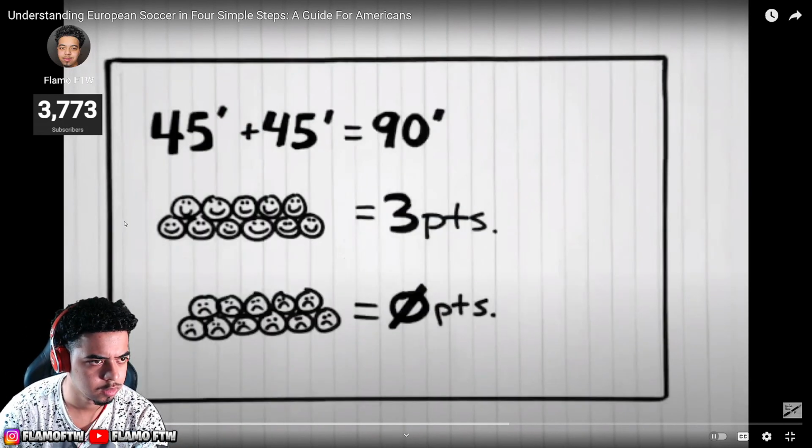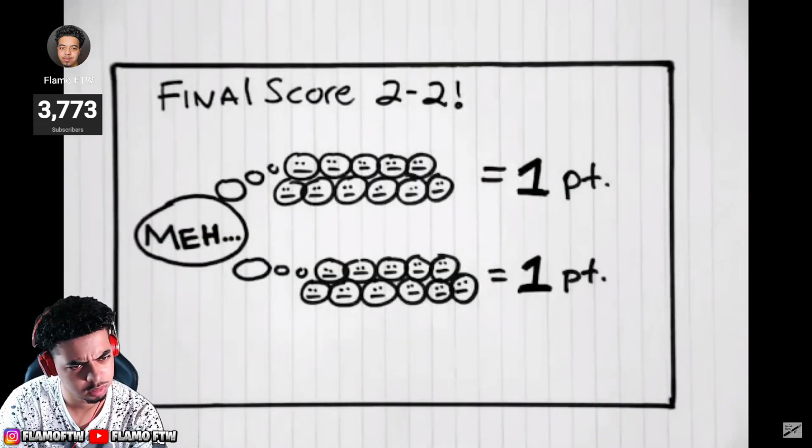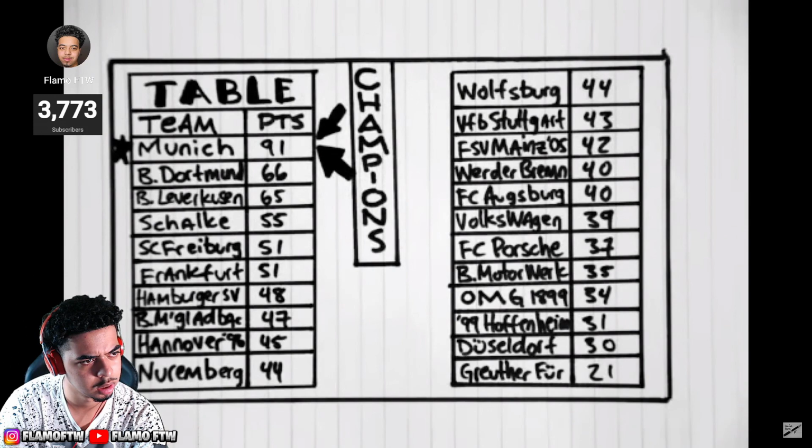Games are divided into 2 45-minute halves, and when the game is over, the winner is awarded 3 points, the loser 0, and in the event of a tie, each team gets 1 point. After each team has played all the other teams twice, the team with the most points is crowned champion of...